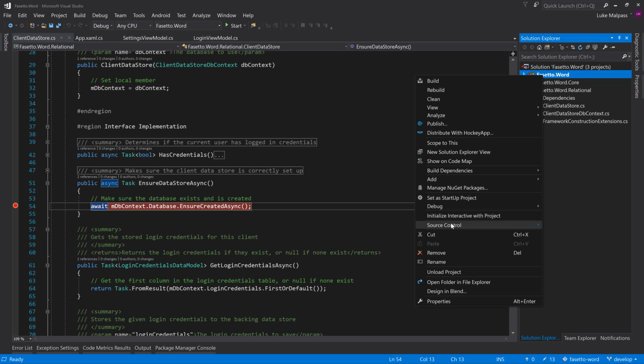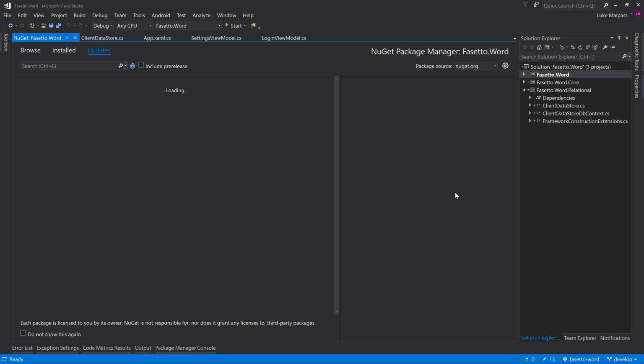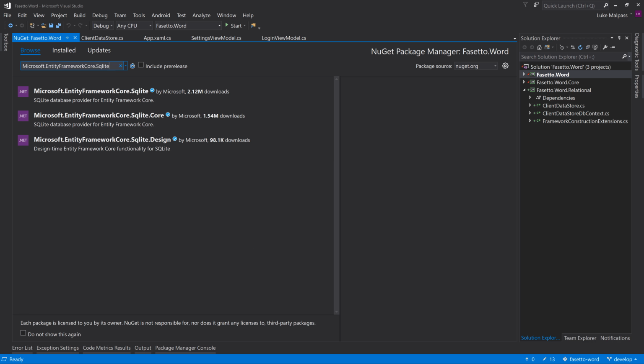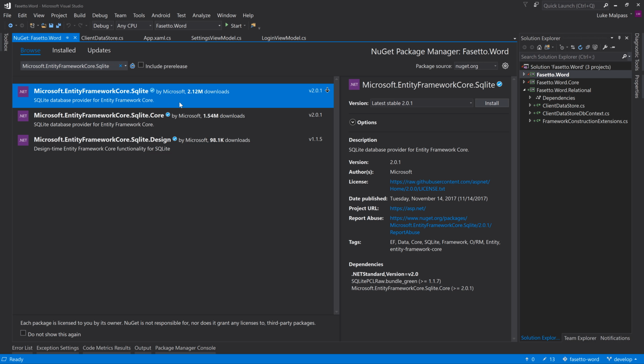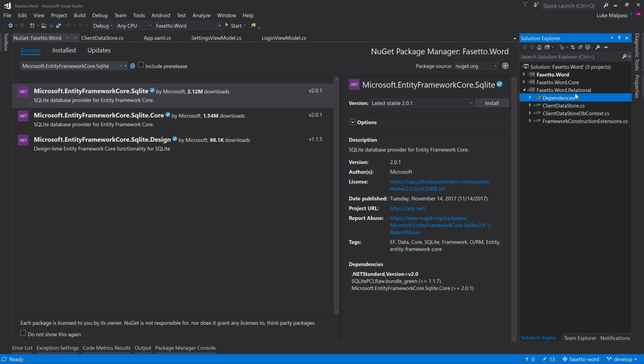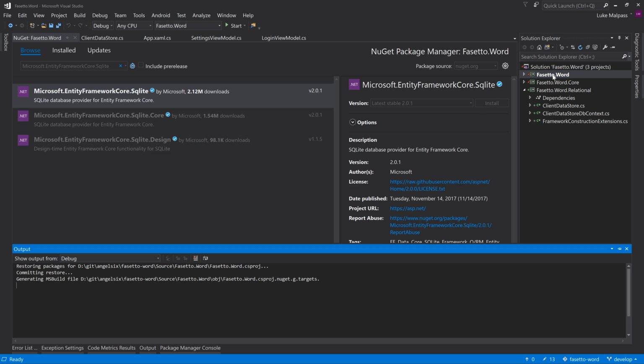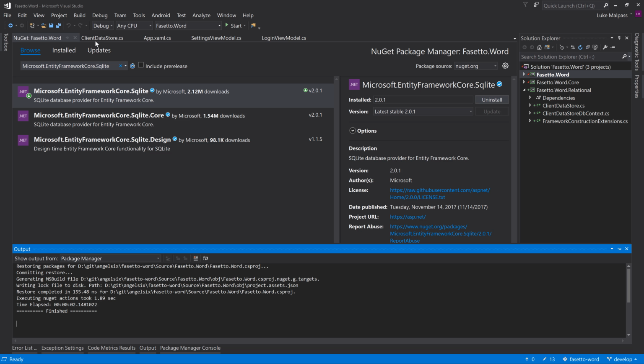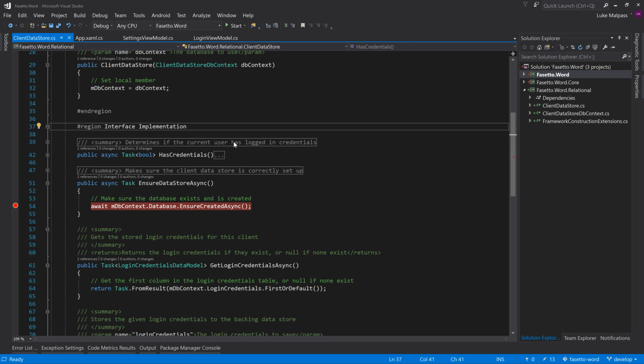So in this project, the workaround, and this is something you shouldn't have to do by the way, is we're going to have to add a reference to the SQLite package, even though this application isn't directly making use of it; the referenced one here is. This is not something we should have to do in my eyes. Well, I know we shouldn't. So if we install this into the top level project for now, being aware that this should not have to be done, and we should hopefully remove that in the future, if we run it now,